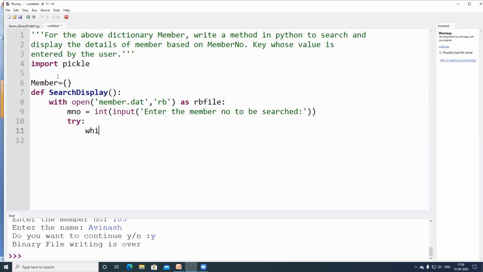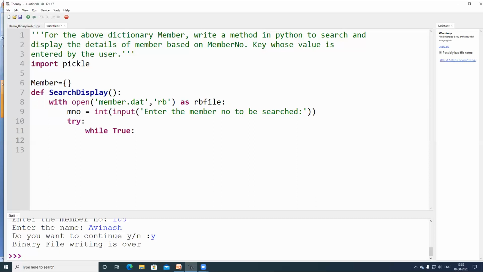Inside try, while true, till all the data is present, what are you going to do? First of all, I have to bring the data from member.dat onto memory. I have to load the data so that I can do the search operation.